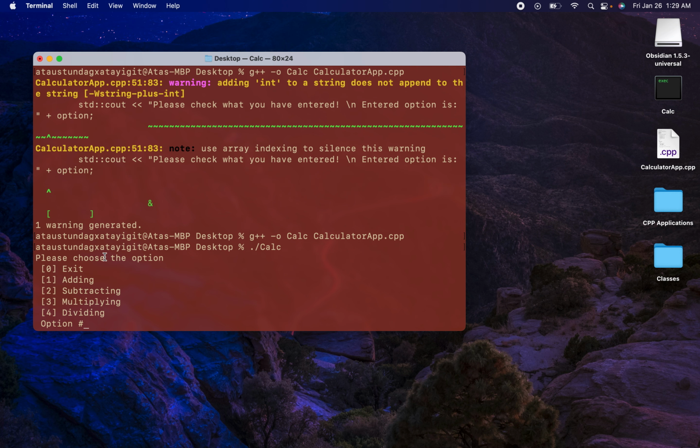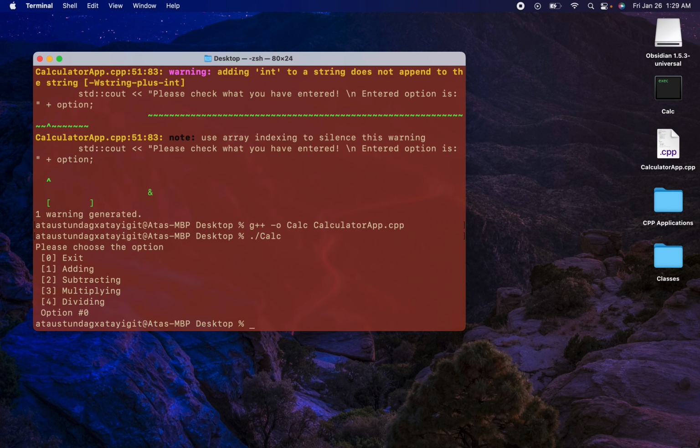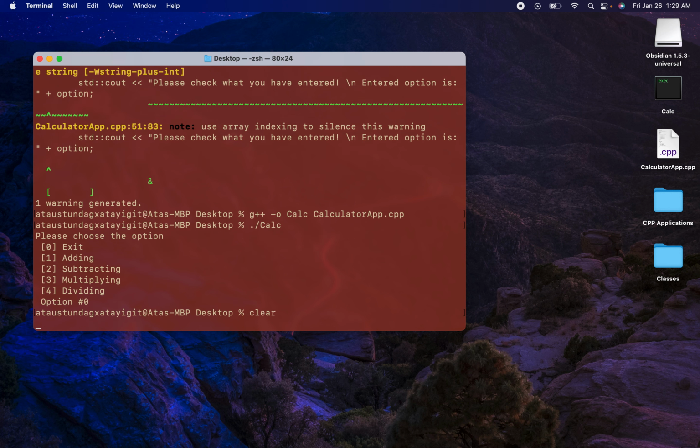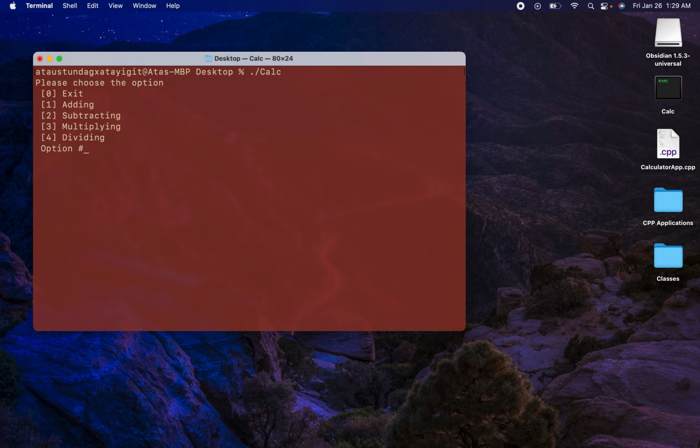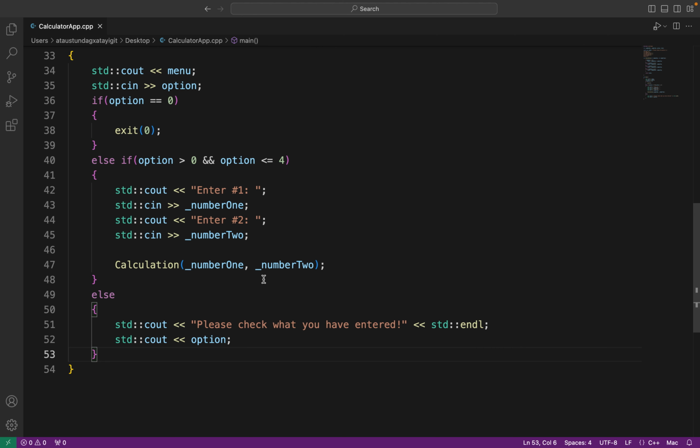So it says, please choose the option. I'm going to be choosing 0 to exit. Okay, I'm going to clear the screen, and we say run. Okay, please choose the option. Now we're going to go with 1. Enter number 1, which is going to be 2, and enter number 2, which is going to be 8. It is not going to work